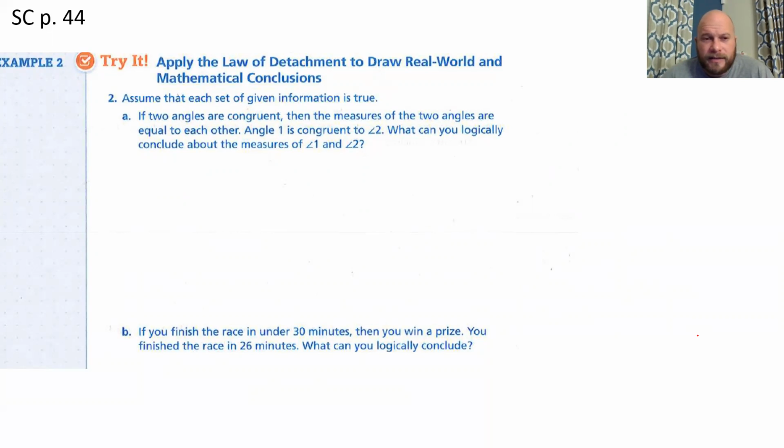On A, let's go back to that one. If two angles are congruent, then the measures of two angles are equal to each other. Angle 1 is congruent to angle 2. What can you logically conclude about the measures of angle 1 and angle 2? So this one,